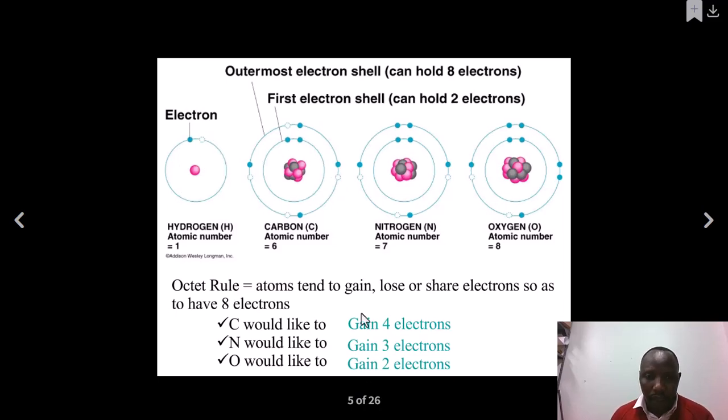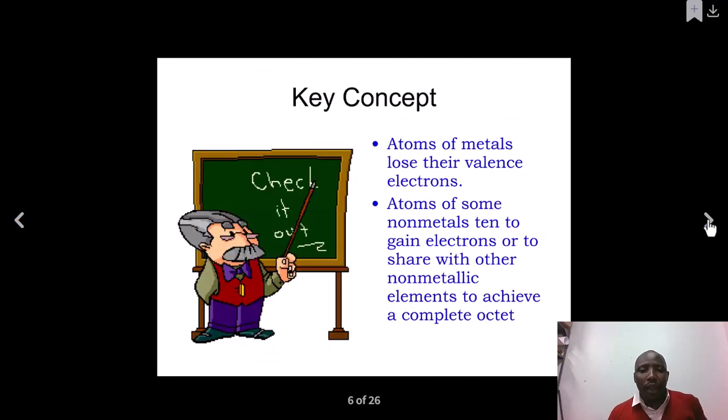Even in the first shell, you see that always the first shell is accommodating the maximum of 2 electrons. For the example here of carbon, it is having 6 electrons at the maximum, whereby the first shell is made by 2 and the second shell is made by 4. It means to make 8, it can gain 4 more electrons. Nitrogen can gain 3 and oxygen can gain 2, like chlorine can gain 1, fluorine can gain 1, phosphorus can gain 3. Then you can have different examples. When it gains or loses, it becomes an ion, in order to stabilize its outermost shell.